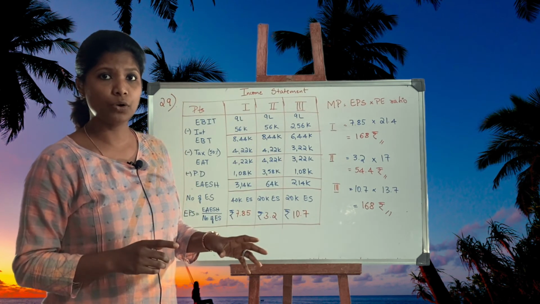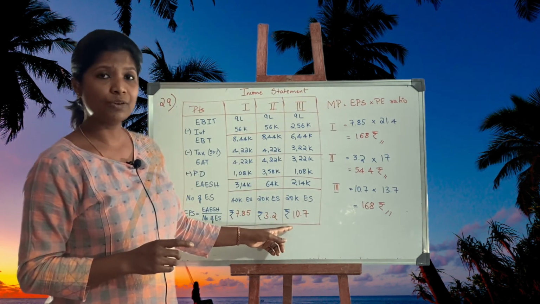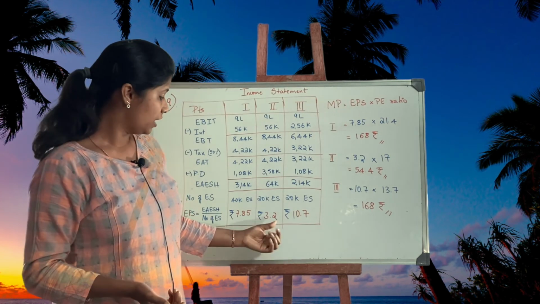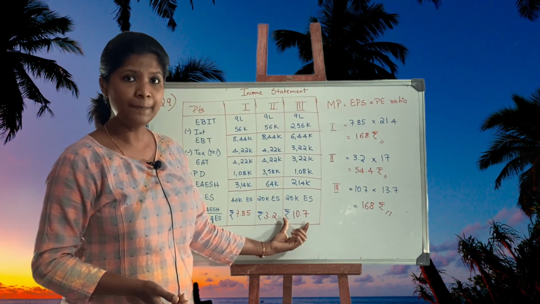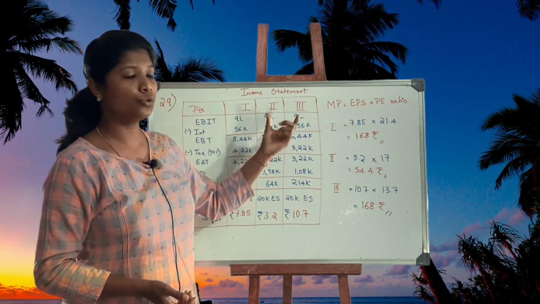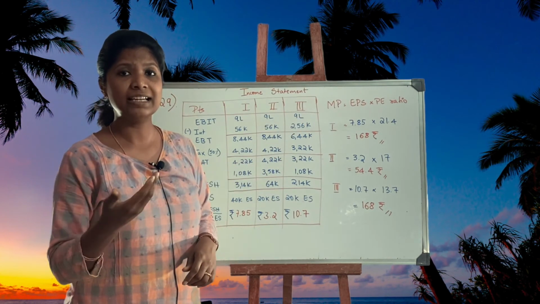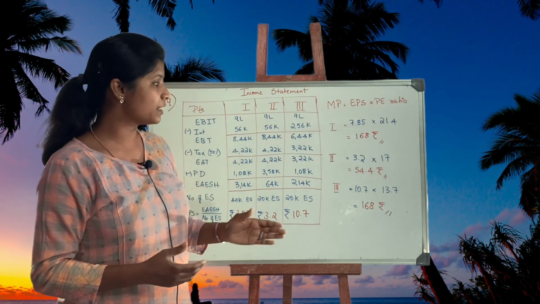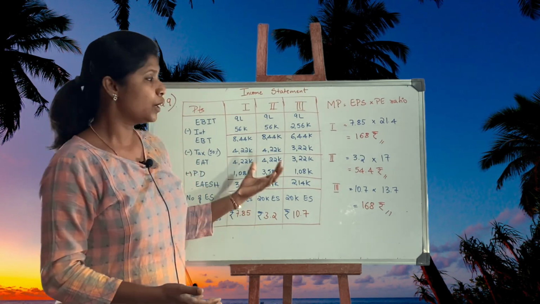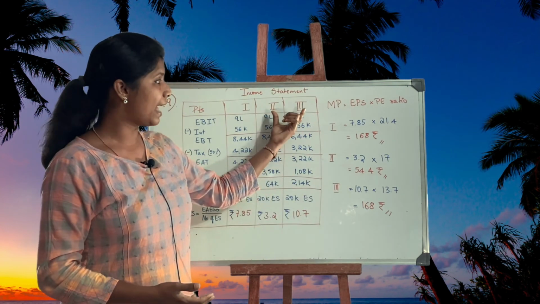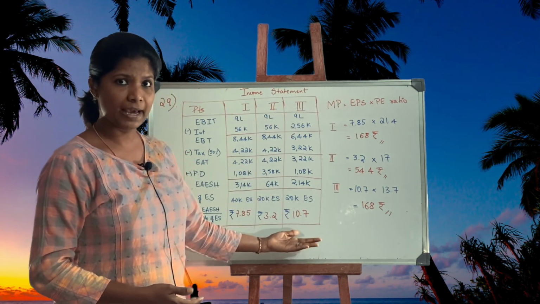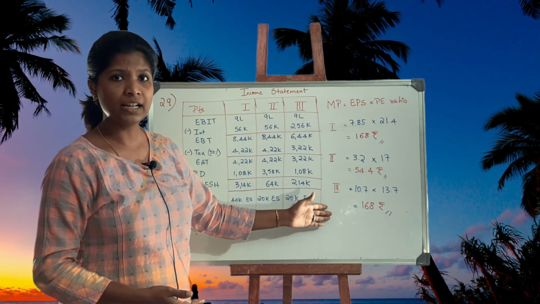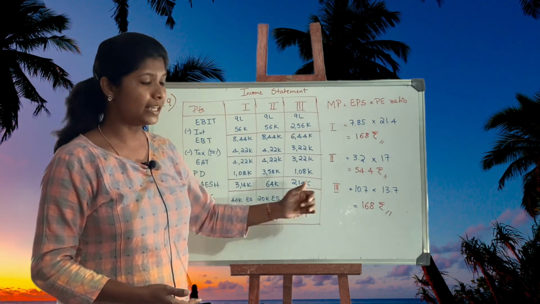But what I need to find out is the earnings per share for the equity shareholder. Here, if we observe which is the best plan, 10.7 goes to the third plan, that is raising my needed capital using debentures. So what we can conclude from both these calculations is plan number 3 is the highest comparatively, and the market price is the same for the first plan and the third plan.